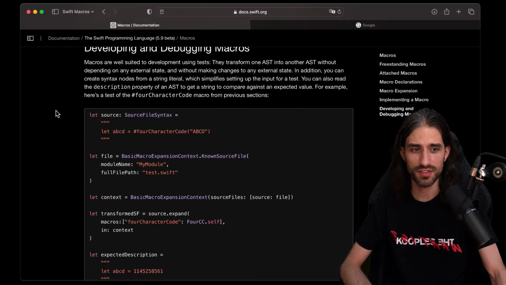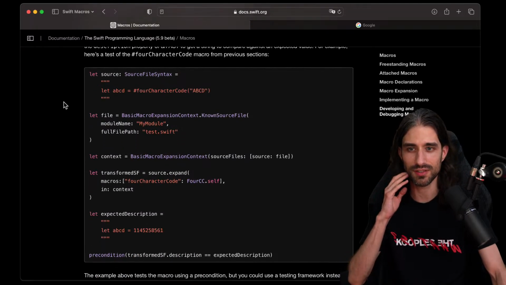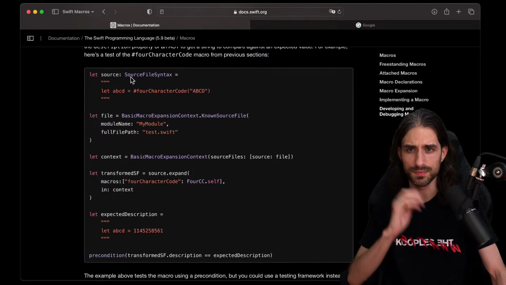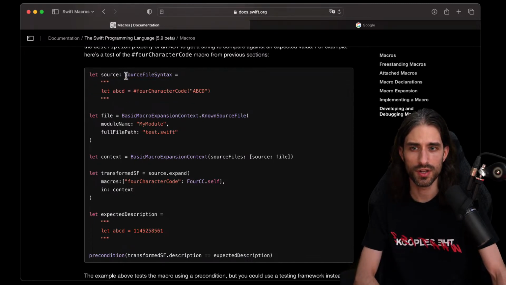So actually, it was talking about the testing just after. So here we assume this is a test, and so we create our simulation of Swift code using this source file syntax type, and then we can use a literal string to initialize it. Okay, so this is valid Swift code that is turned into a source file syntax.